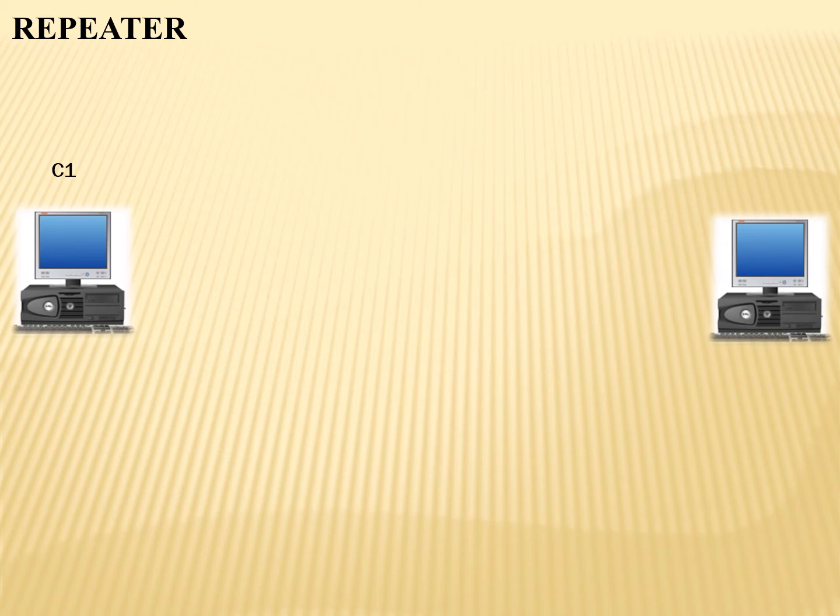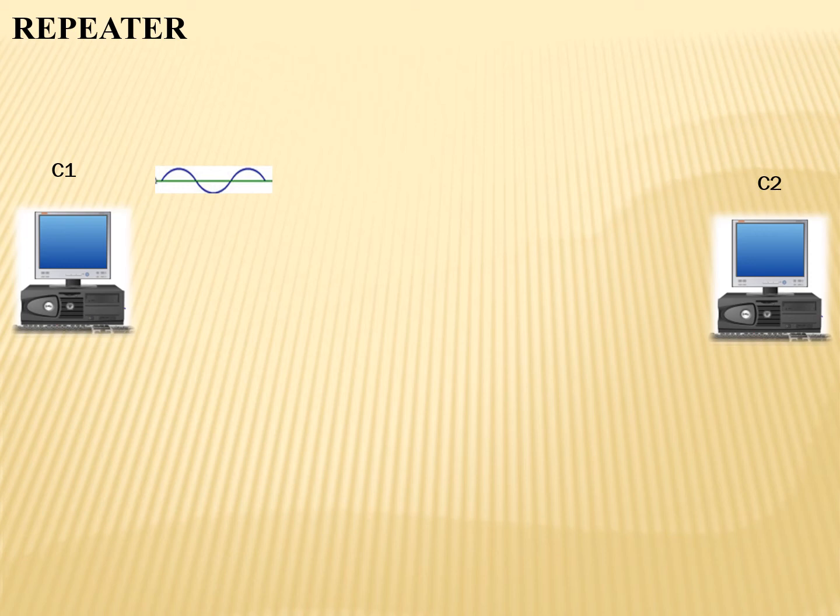Here, computer C1. If computer C1 wants to transfer the data to computer C2, what will happen? There will be a lot of distortion because some of the signals will be absorbed by air. By the time the data from C1 reaches C2, the signal becomes weak and the data will be lost, and computer C2 will find it very difficult to decode. So when C1 is going to transfer the data to C2 directly, the signal becomes weak. The computer C2 finds it very difficult to decode. That is why we are going to place a repeater in between.